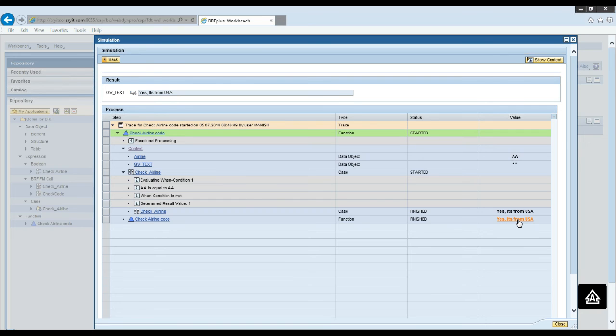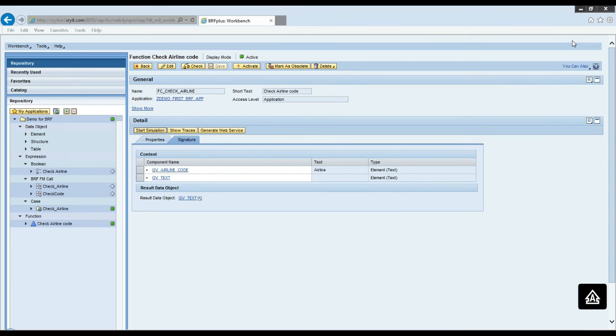Calling a function directly in functional mode. Now I will show you calling a function in event mode, where we will call a rule set. So let me do that. I'll create another function.